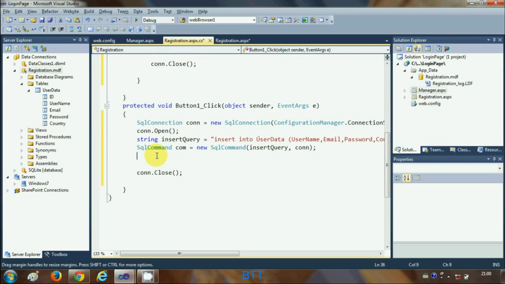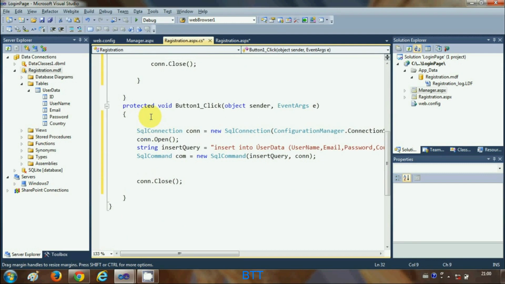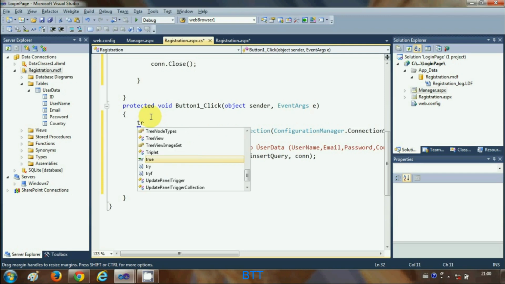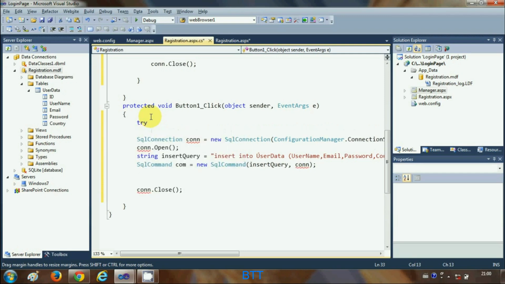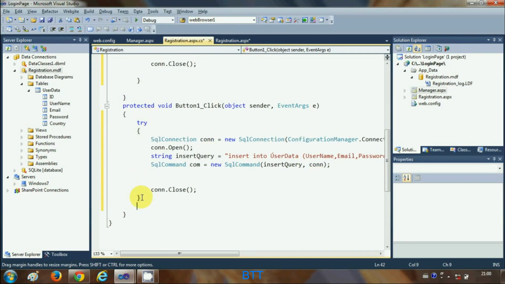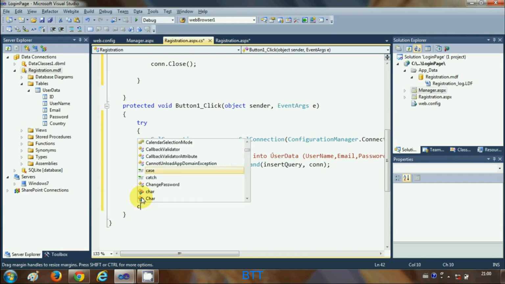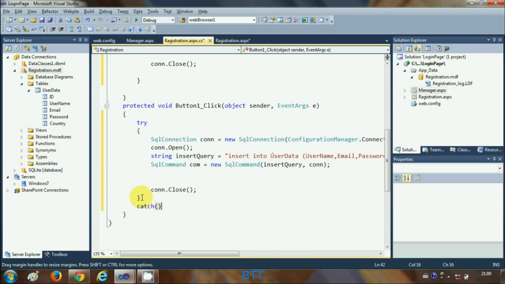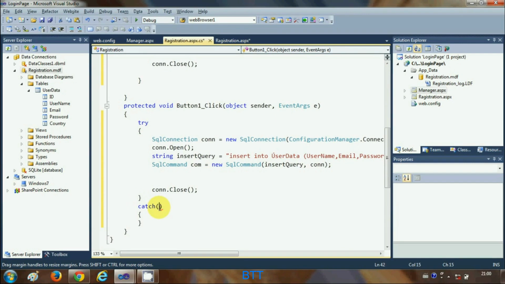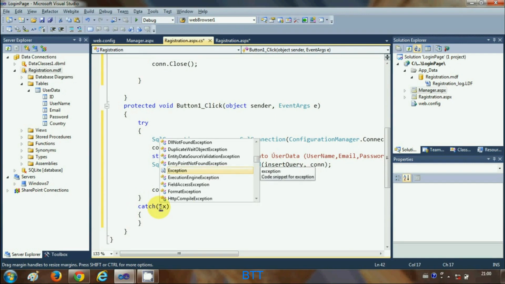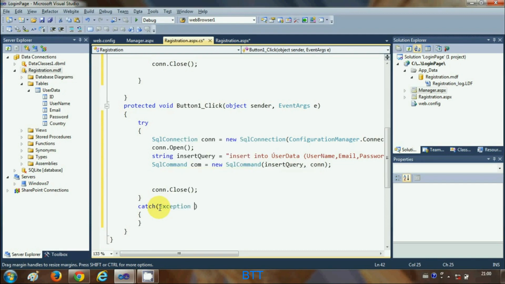So now it's not showing any error, and after this, or I should have done it earlier, we need to catch the error or exception, if any occurs. So we will write try, and we will enclose all the code in try and catch the exception. So if any exception occurs, it should catch it, and in the catch, pass the argument exception ex,